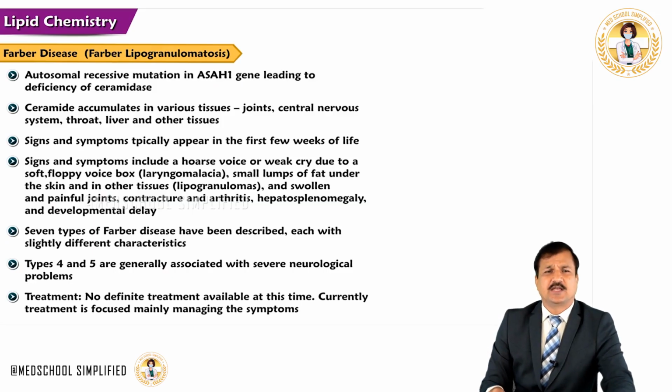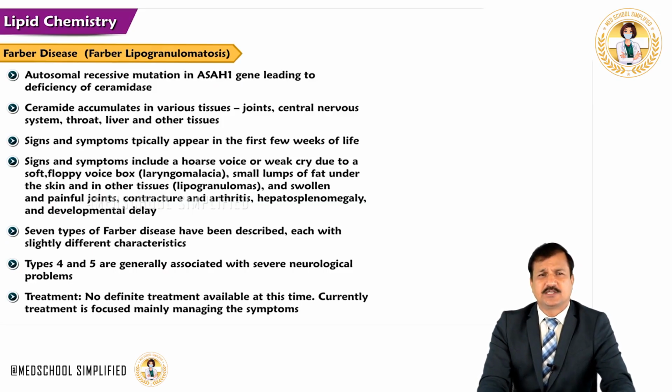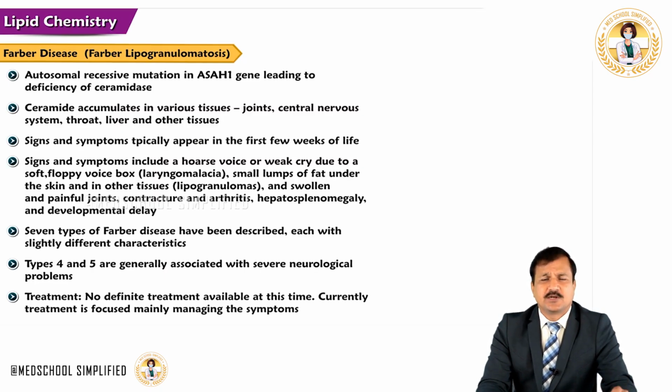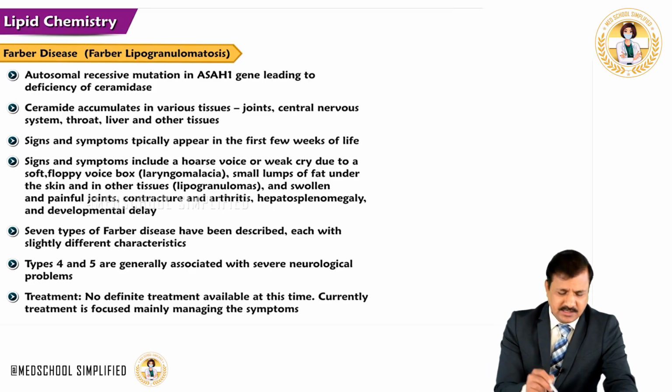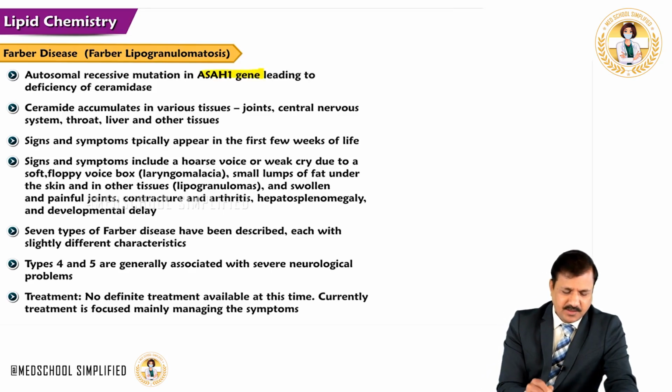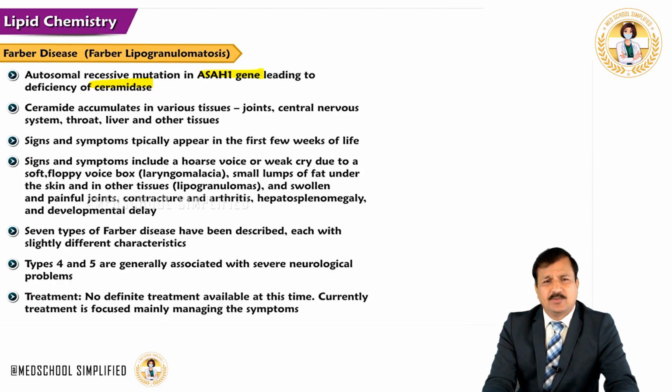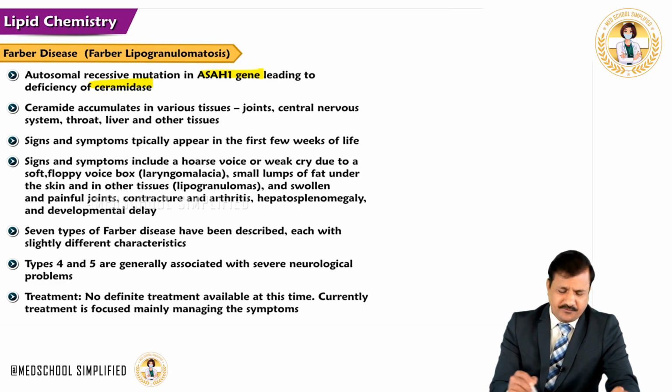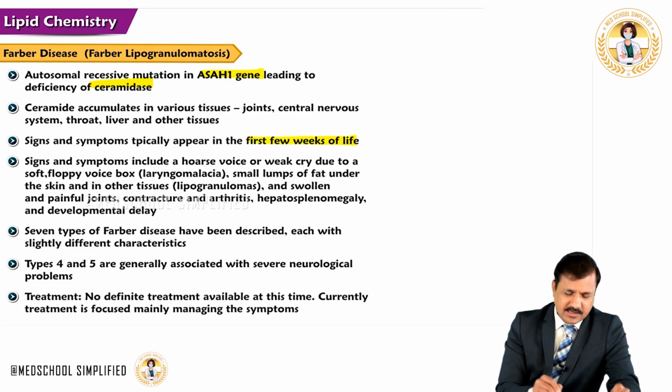Our next disease here is Farber disease. Farber disease is also referred to as Farber lipogranulomatosis. This is an autosomal recessive condition because of mutation in the ASAH1 gene, which leads to deficiency in ceramidase. So in this disorder, ceramide accumulates in various tissues that include joints, central nervous system, throat, liver and other organs. Signs and symptoms typically appear in the first few weeks of life, and that includes hoarseness of the voice